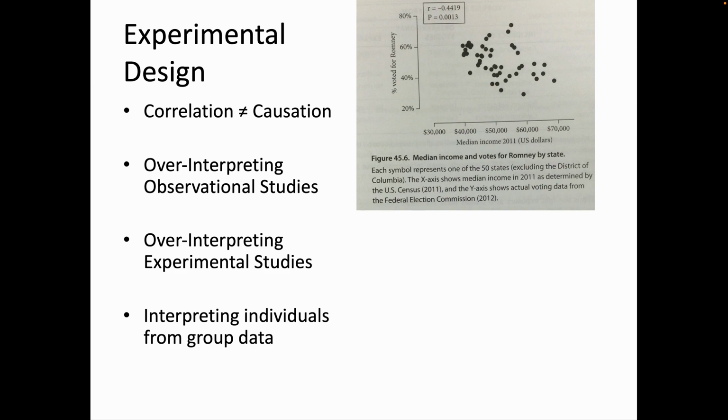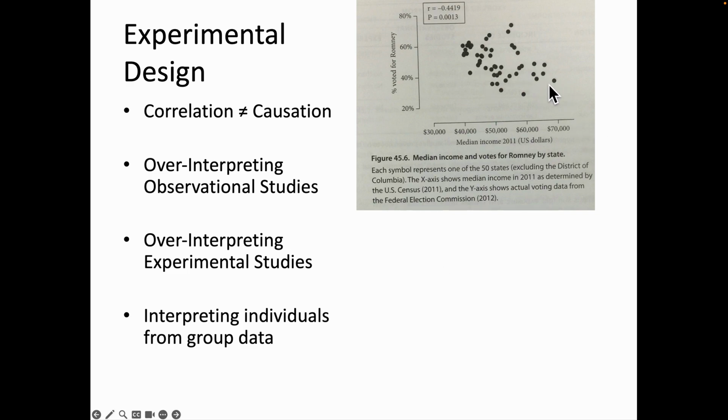Experimental studies have the con of always being artificial, and frequently, by controlling for causation, you get great insights, fantastic insights, but many times you will also get a very artificial response. You really ultimately need the combination of both of these, where individual observational studies provide that real-world situation, and individual experimental studies allow you to evaluate that causation. And then also be very careful about that change between interpreting individuals from groups.